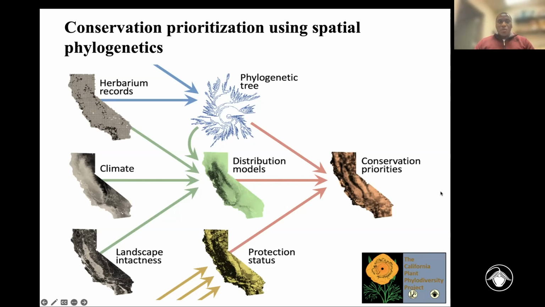The framework of protocols: we start with the occurrence records, which are generated from the online databases or herbarium records. And then we model their range, given that we don't have a full understanding of the occurrences of each of the Californian taxa. So we model their range using climatic conditions. And from that, we get the distribution models. And then we combine the distribution models with the phylogenetic tree for all taxa that we have data for in California. But then we're not just